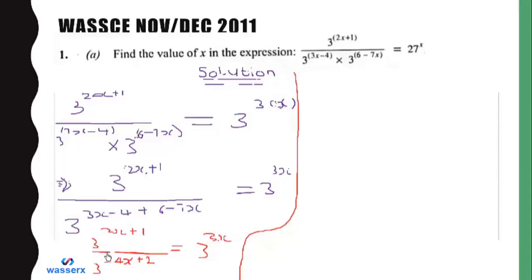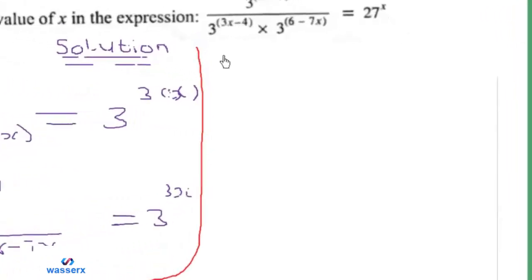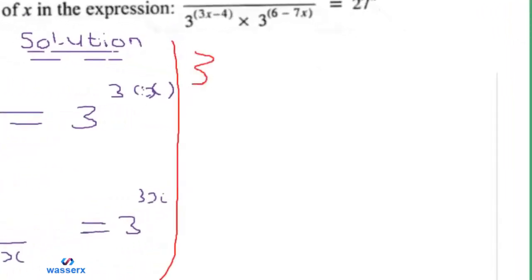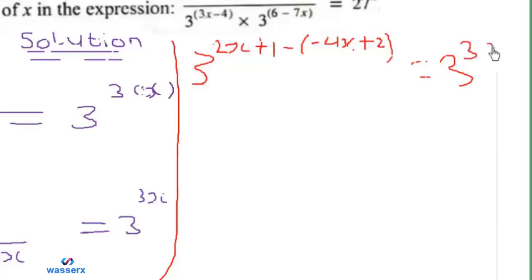So the next thing we do now is to simplify this side further. They are dividing, so we write one base which is 3. Then we have 2x plus 1, and we subtract the exponents, so we get in bracket negative 4x plus 2, is equal to 3 to the power 3x. So we simplify this to obtain 3 to the power 2x